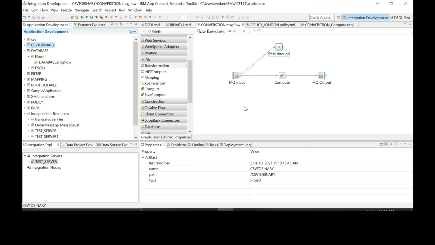7600 is the port where your user interface is available. So go to the browser and type localhost colon 7600.